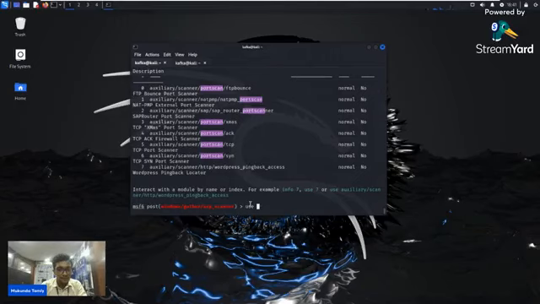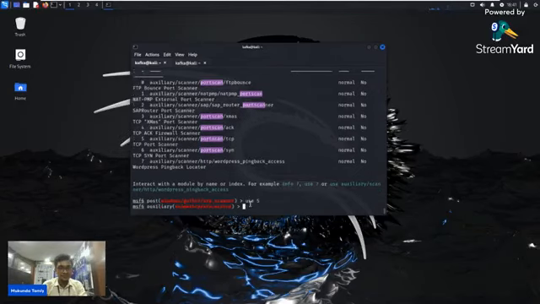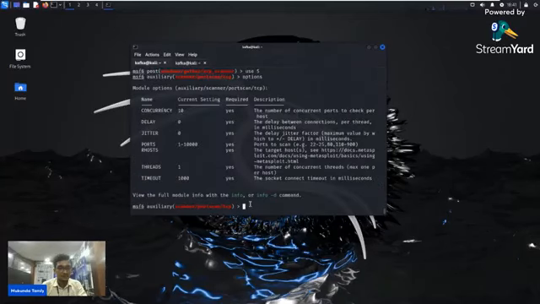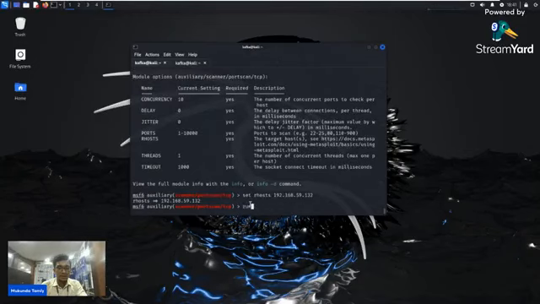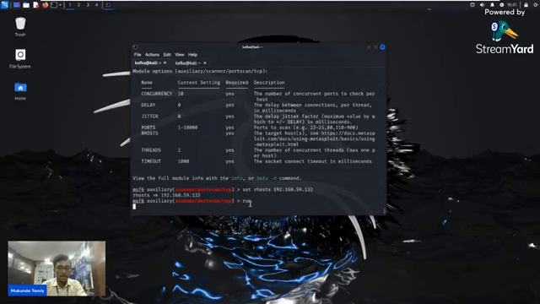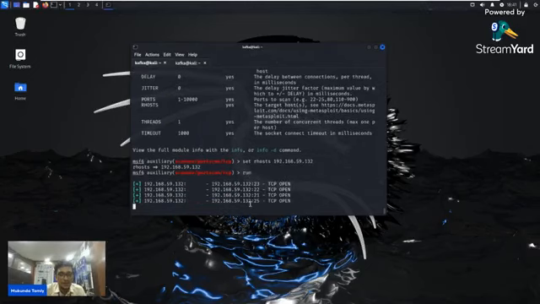Use 5, options. Set RHOSTS to 192.168.59.132 and run. Okay, we got it.